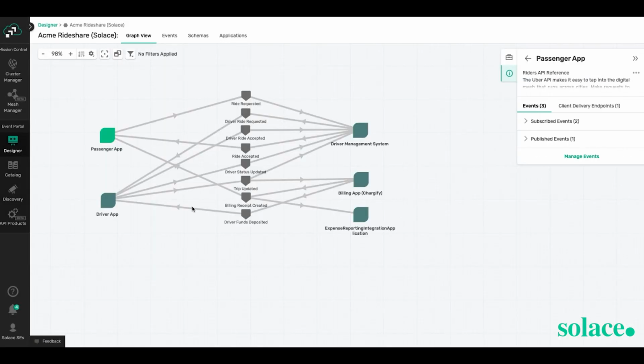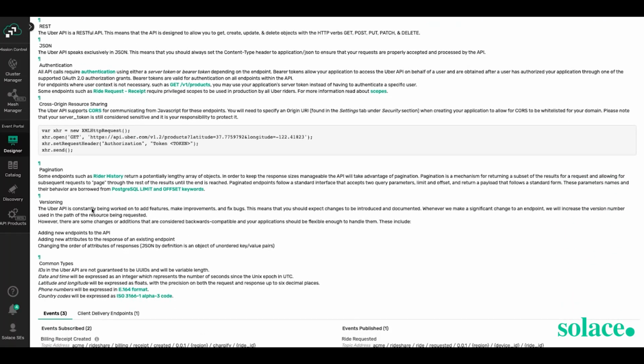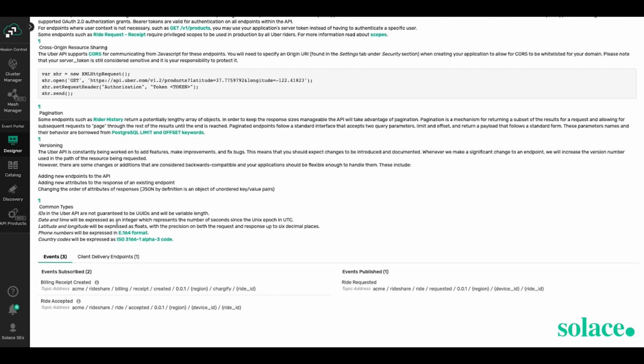Now, in addition, if we go back to that passenger application, one of the things that's really important is the ability to provide rich descriptions around event applications and the schemas. And in this case, what we're really exposing is, hey, the passenger app has a riders API. Here's how you ultimately get started. How do we deal with pagination, common types, all of these kinds of things. But down at the bottom is a really important area, which is defining the publish and subscribe interface for this application. So in this case, this application is actually subscribing to two events, the billing receipt created and the